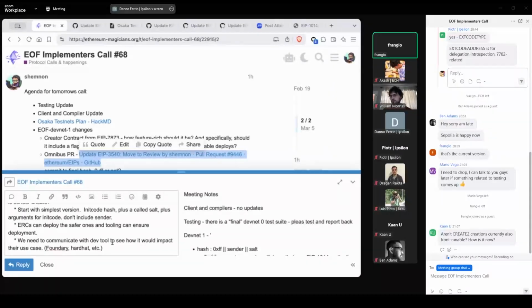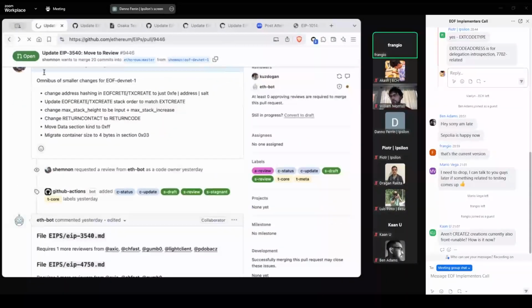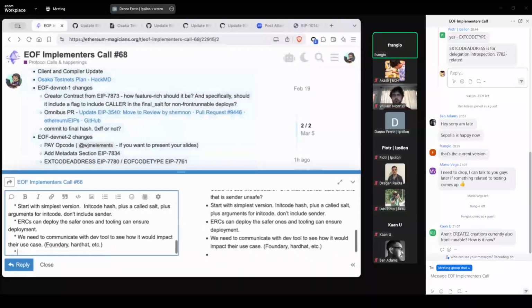So to me, the simplest safe path forward would just be to include a single byte at the start of the creator contract call data that just says, do you include the caller in the hash or not? And that's it. It's not selectors. There are no selectors currently. Just a single byte to configure that, and that gives you the option to do cross-chain deterministic deployments, but also a safe default that doesn't have footguns.